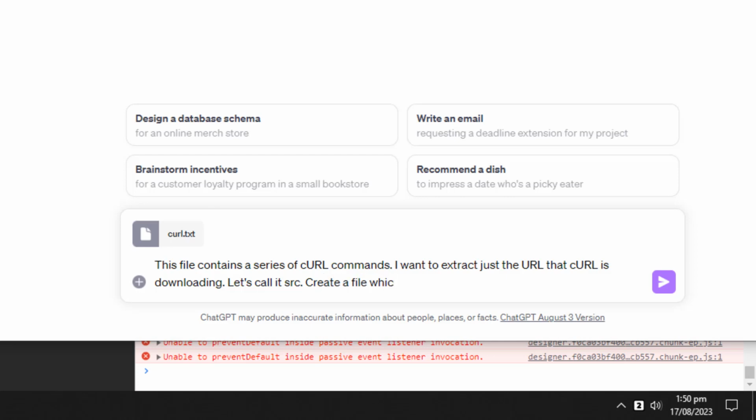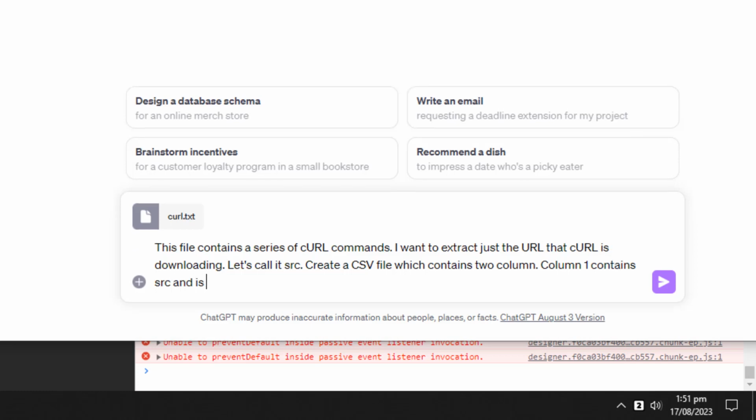Create a CSV file which contains 2 columns. Column 1 contains source and is titled asset. Column 2 contains